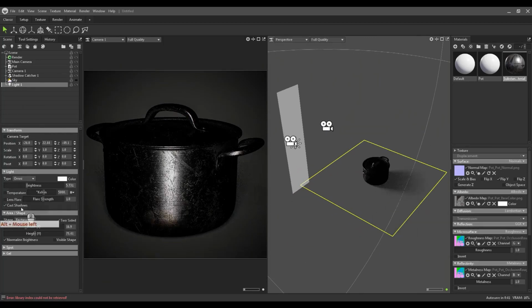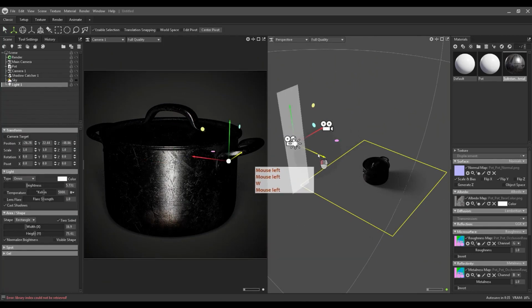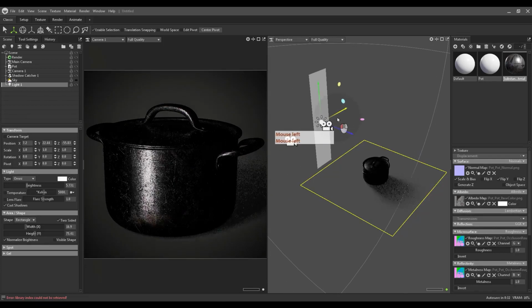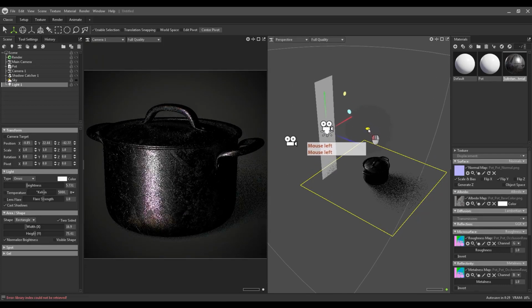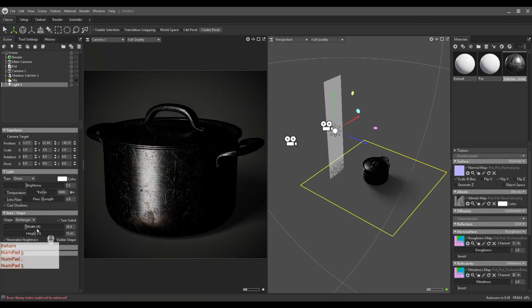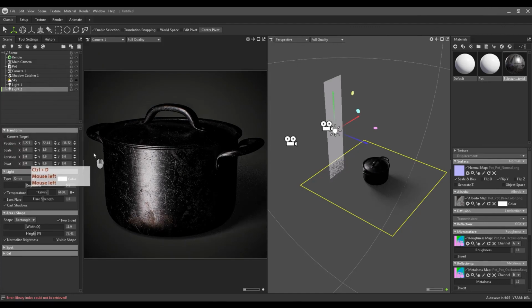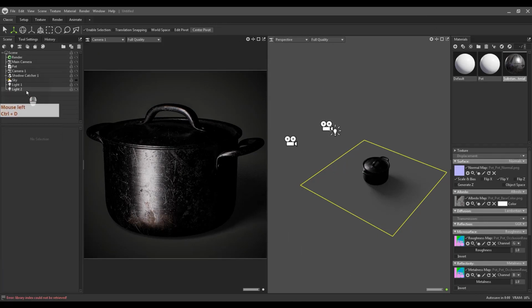Okay, and let's fix up a position for this. Yeah, like this. Okay, and let's go for brightness like 5.5. That's it. We can play with the temperature too, like this one. Okay, I think 6600, it's okay. And I'm going to duplicate this light with Ctrl D, select the light, and press Ctrl D